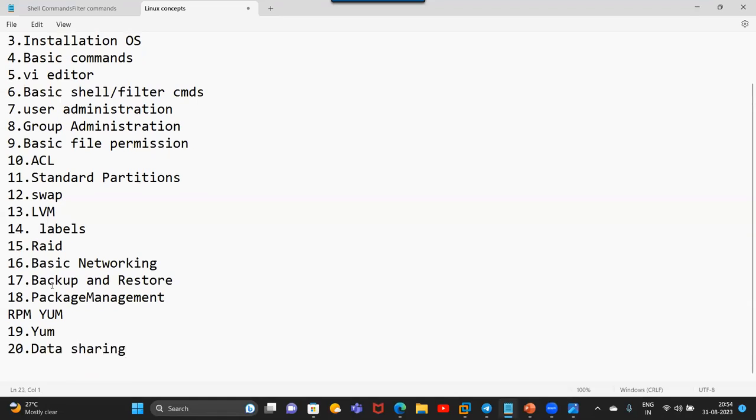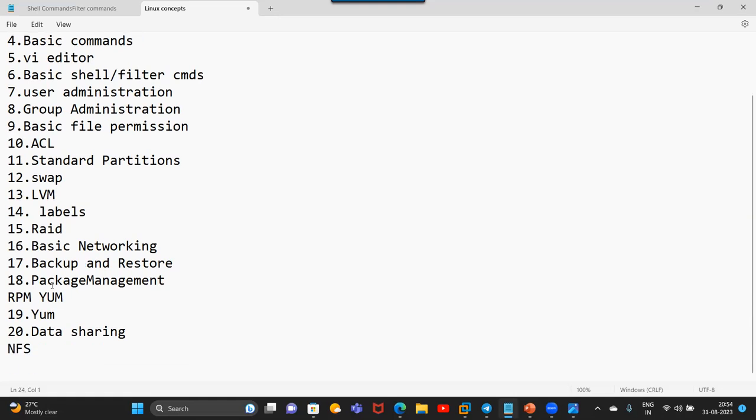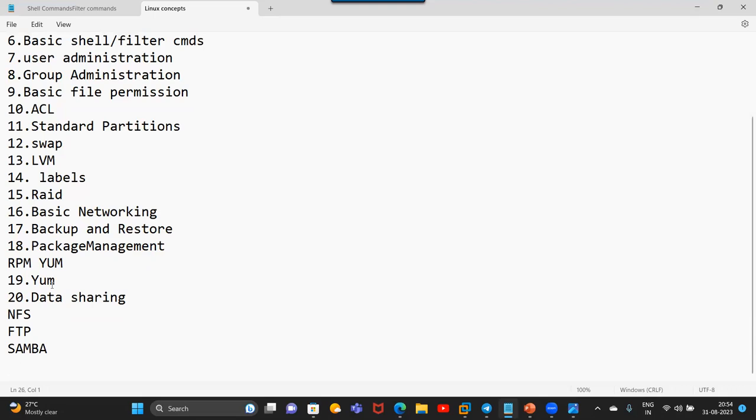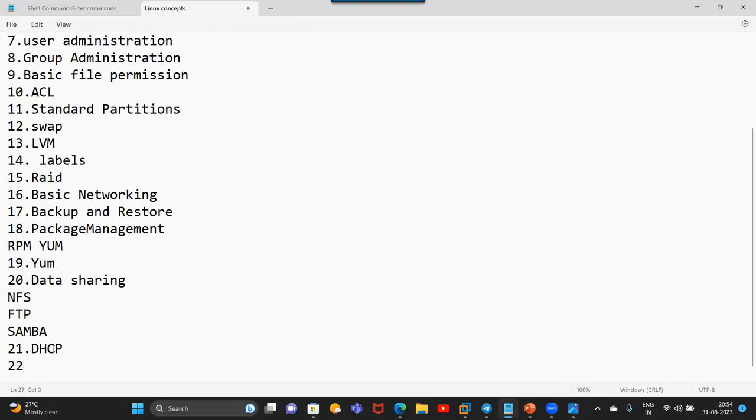How to share the data using NFS server, FTP server, Samba server. How to share the data. These topics are separate. NFS separately, FTP separately, and Samba separately. I will explain. One day's time it will take. Okay. And next, DHCP. Assigning IP address automatically. That I will explain. And next,